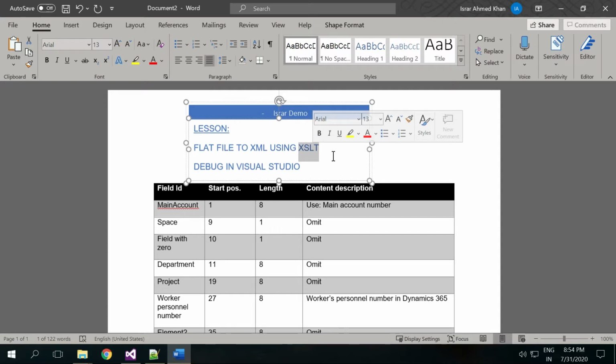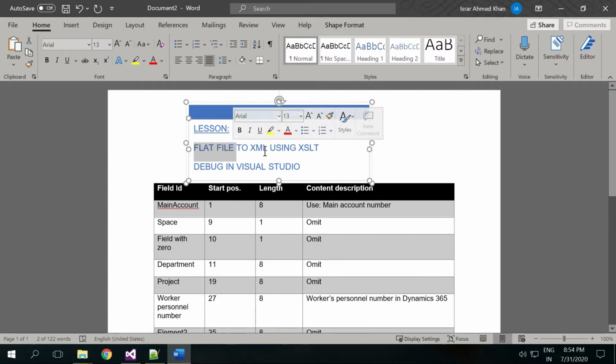Most of the tools are available online wherein you can convert an XML file to any other format using XSLT. But suppose you get a challenging situation wherein you have to convert a text file, let's say a flat file, into an XML file, and you want to write an XSLT for that. So in order to learn XSLT, we already have W3Schools articles and chapters where you can learn the XSL language.